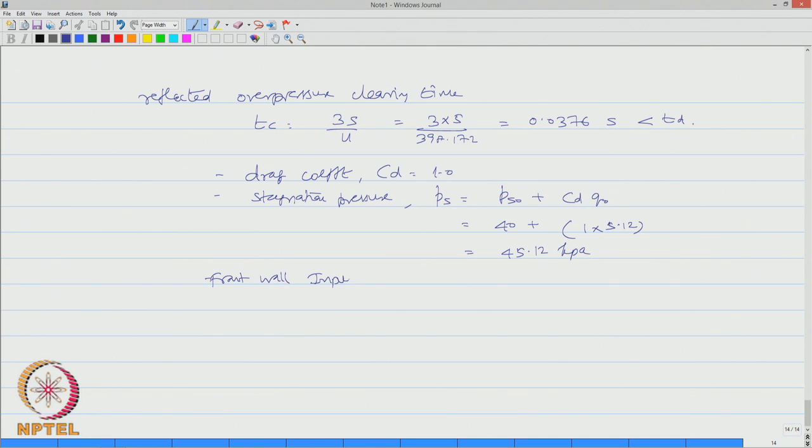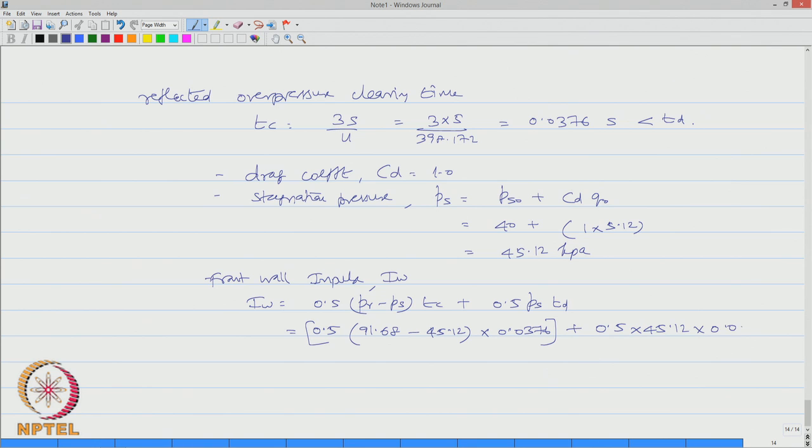Therefore, the front wall impulse IW is given by 0.5 of PR minus PS of Tc plus 0.5 of PS into Td, which is 0.5, 91.68, that is my PR, and PS is 45.12, Tc, which is 0.0376, plus 0.5 into 45.12 into 0.05, which tells me the impulse is